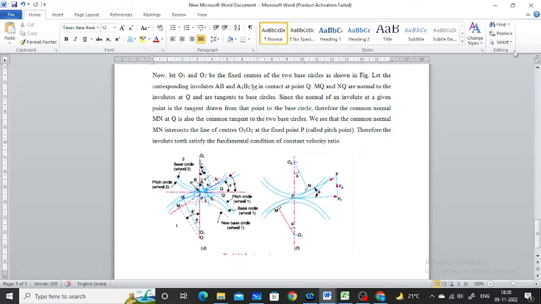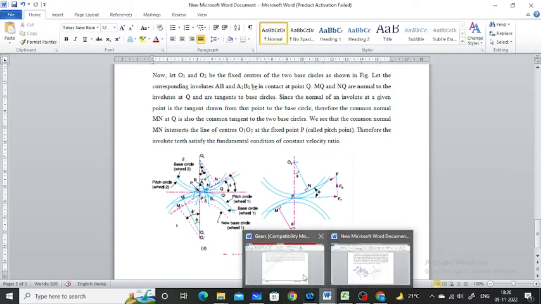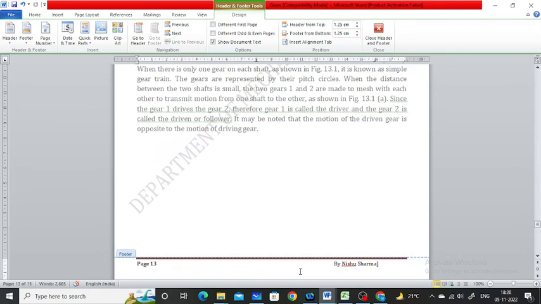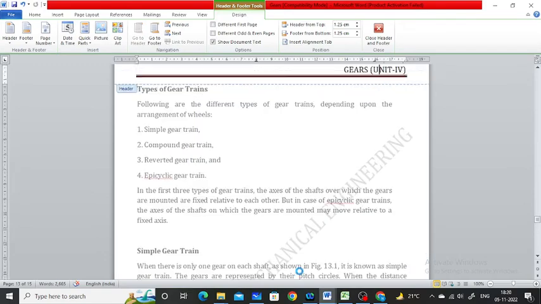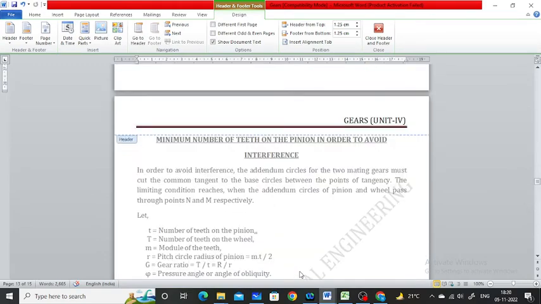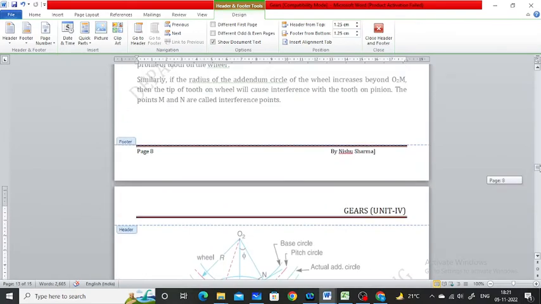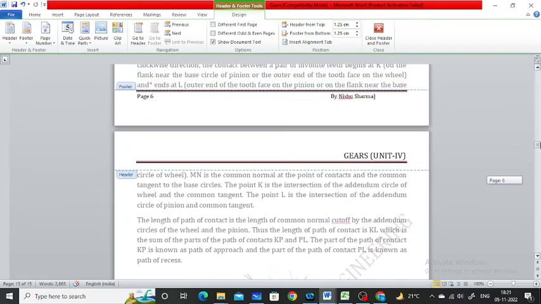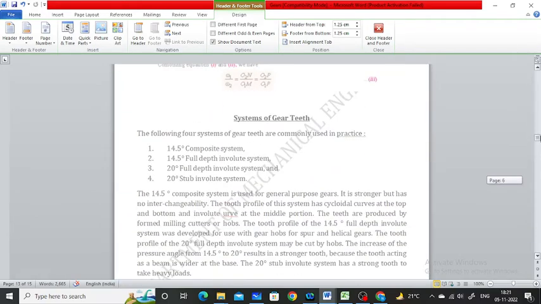Now, the systems of gear teeth. There are basically four systems of gear teeth that are commonly used